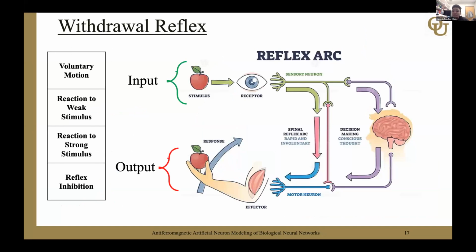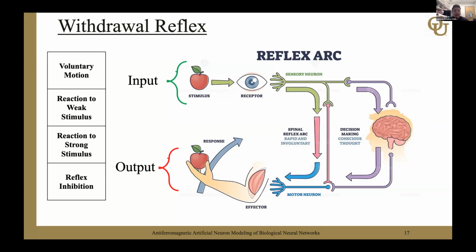The neural network we would like to simulate is the neural network responsible for the withdrawal reflex. This reflex is what happens when you might touch something hot and involuntarily move your hand away. The withdrawal reflex works by simultaneously contracting agonist muscles and inhibiting the extension of antagonist muscles in the same limb. Simply put, it just contracts one muscle and relaxes the opposing muscle to move a limb away from a harmful